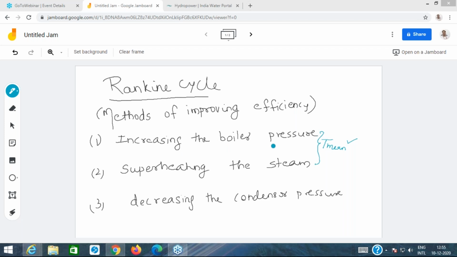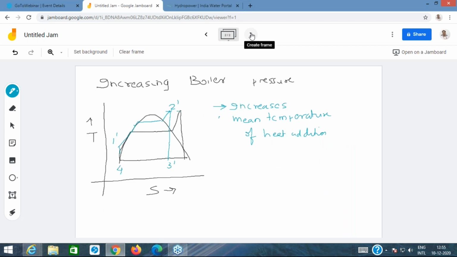One is to increase the boiler pressure, other is to superheat the steam, and third is to decrease the condenser pressure. Now I have shown you a diagram which is a method of increasing the boiler efficiency. So one method is increasing the boiler pressure. So earlier, let us say that